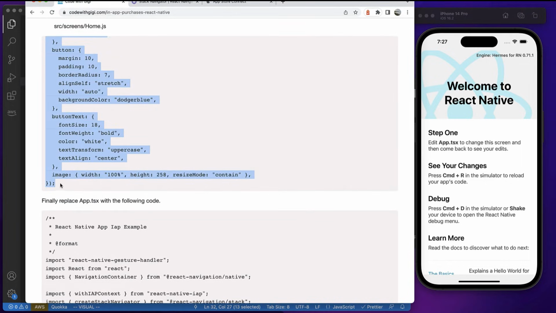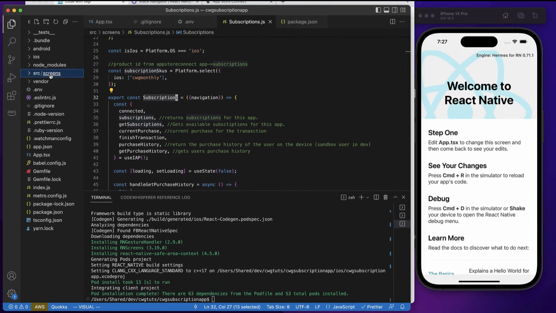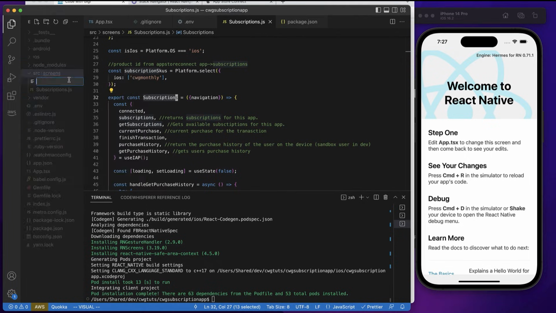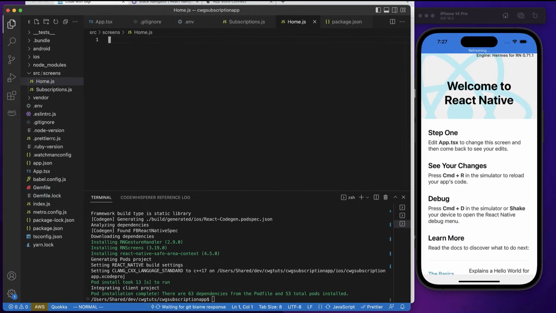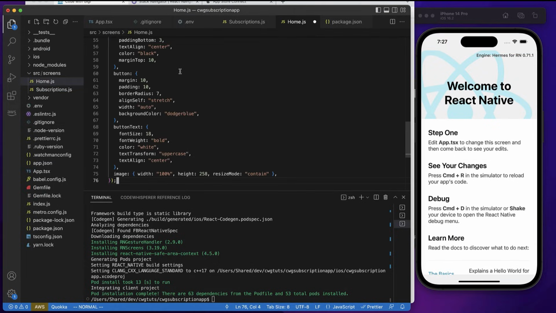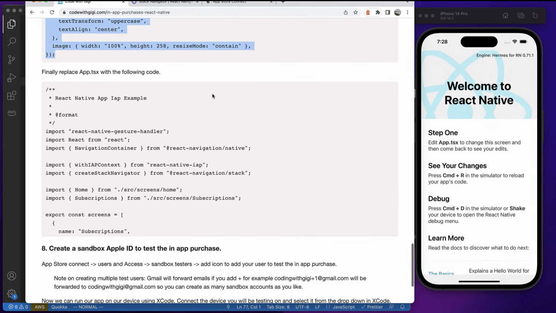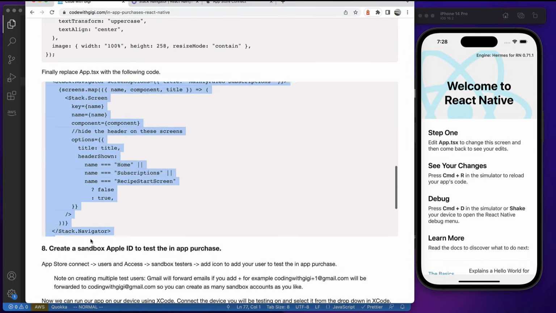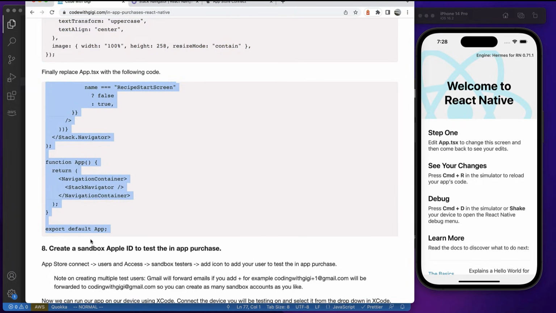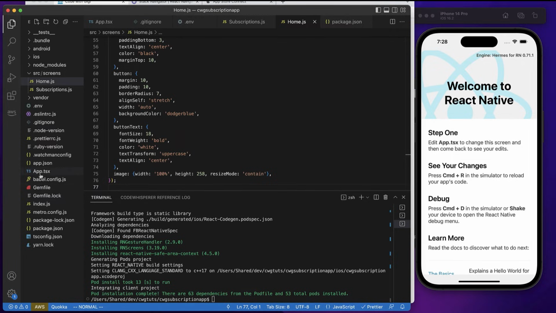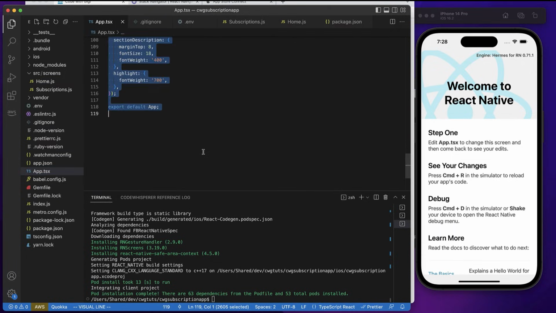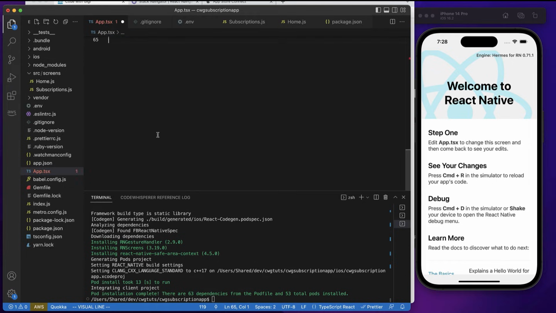All right, the next thing I'm going to grab is the home.js code. So I'm copying that. Go back to your screens directory in VS Code, create a new file called home.js, and I'm going to paste that code in here. And then I'm going to go and grab app.tsx and go ahead and copy that and go back to our code app.tsx, and I'm going to paste that in